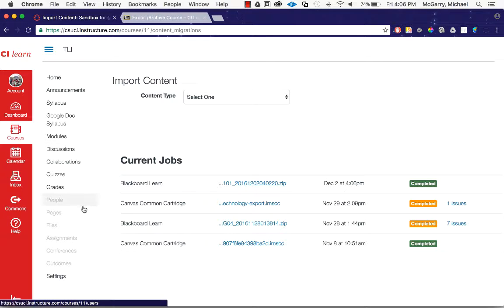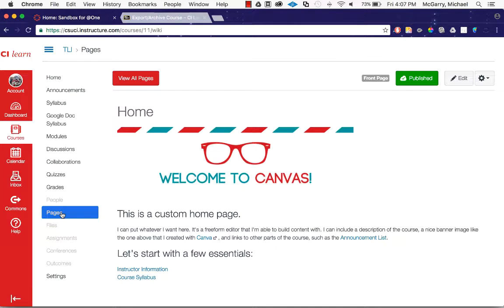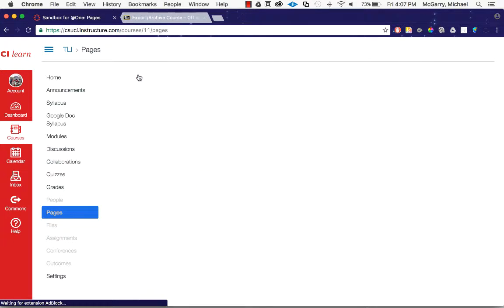Now most of your content will have appeared underneath the pages. This is where content items from Blackboard will appear, and any files that you had will also appear under the Files section, quizzes into the appropriate section, and assignments into the appropriate section as well. So if I click View All Pages, for instance,